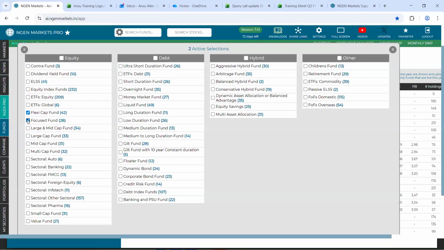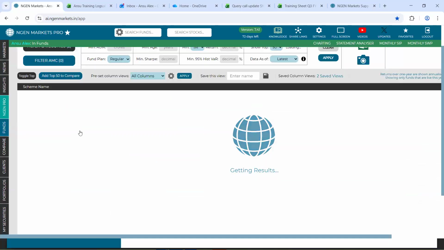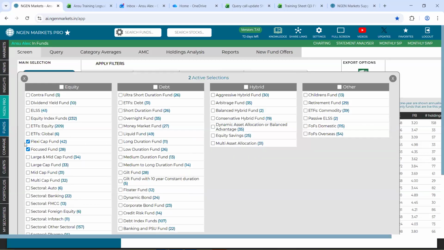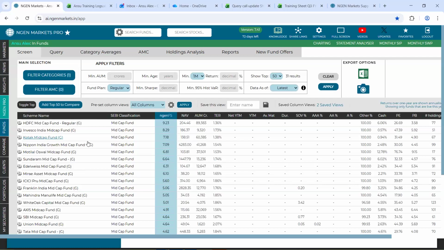All you need to do is click on the checkbox that you see. And once you click on this cross button, you will see funds from the two categories that I just selected. Let's say for now, I just select one category out of this, which is mid cap, and the entire universe of mid cap funds, which is 31 funds, will come onto your screen. So this is how you select a specific SEBI category.